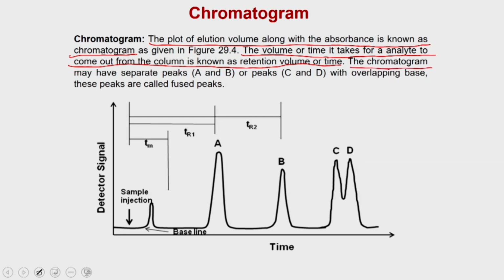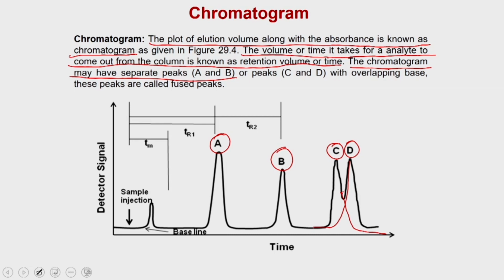The chromatogram may have separate peaks. For example, in this case peak A and peak B are two separate peaks which do not have an overlapping base, whereas you can have peaks which have an overlapping base, which are C and D. So, what you see is that if D is not present, C is eluting in this way, whereas D is eluting in this way. Since they are sharing the base, these two peaks are not separated. So, the column is able to separate A and B, whereas the column could not separate